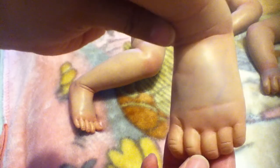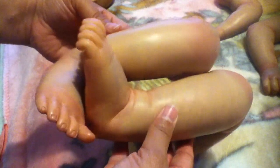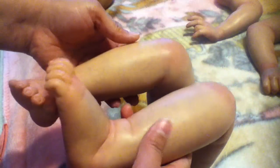Look at that line, and the veins on this baby are all basically this dark, which doesn't help it one bit. It doesn't look realistic. And the color itself is okay, but in person it looks a lot more orange than it does on camera. So I'm going to wash it with maybe some blue and see if I can tone down the orange color, and hopefully by adding a few more layers of flesh tone I can minimize those really dark veins. That's my hope, but we shall see what happens as we go along in the process,